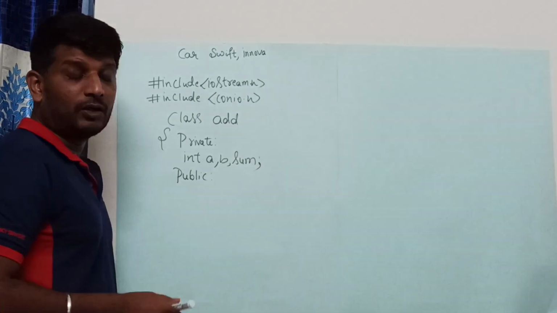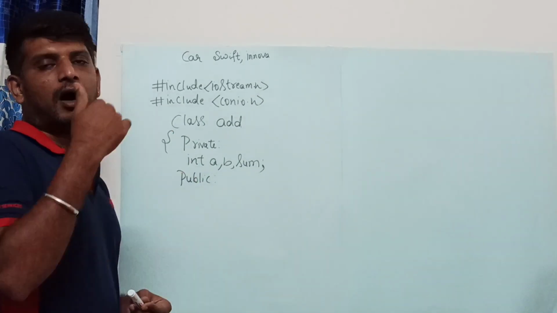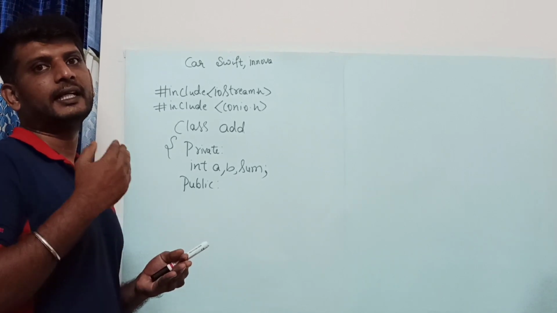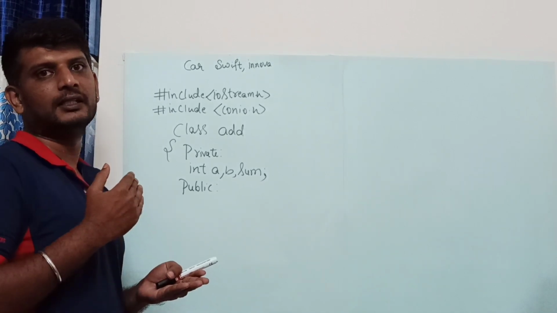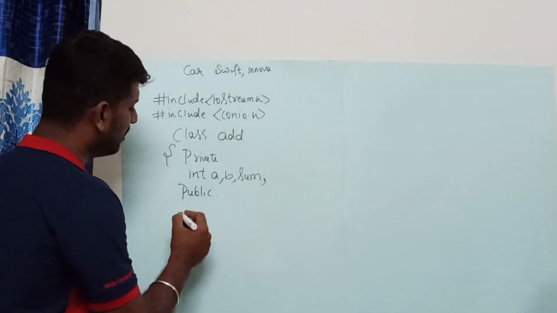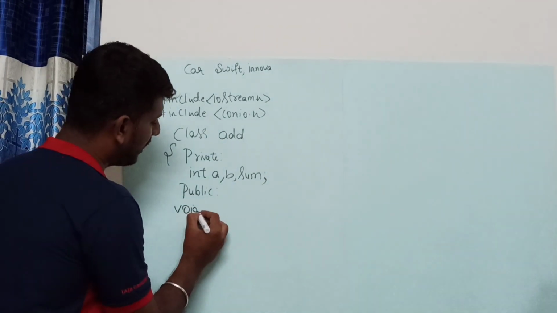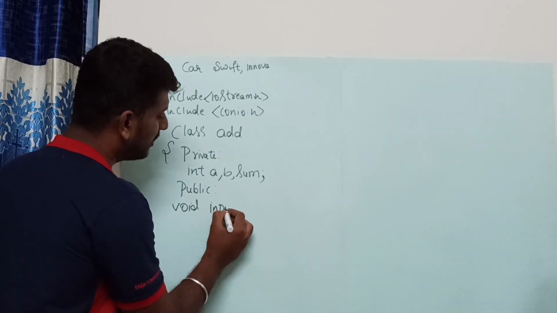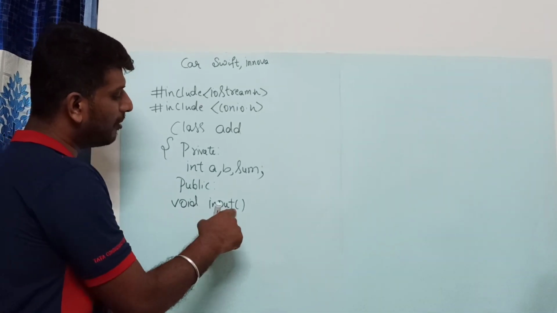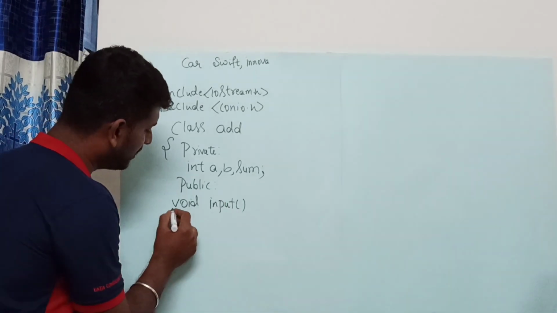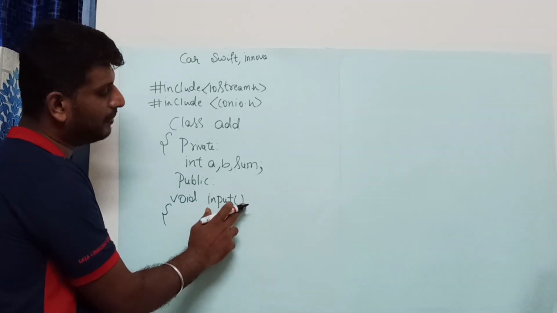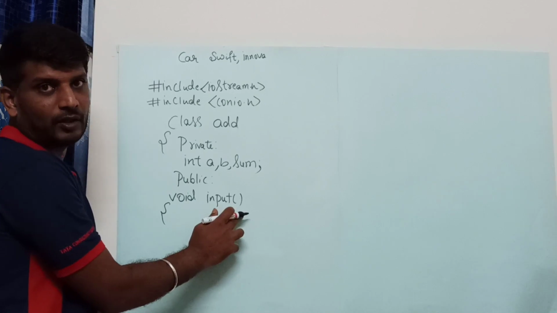I have told you in our previous video that all programs require three stages. One is input, the second is processing, and the third is output. Firstly we will write the input function. I will create a function called input, void input. Void is the return type, the name of the function is input. After that you should not make use of the semicolon over here. Many of the students have repeated that mistake.